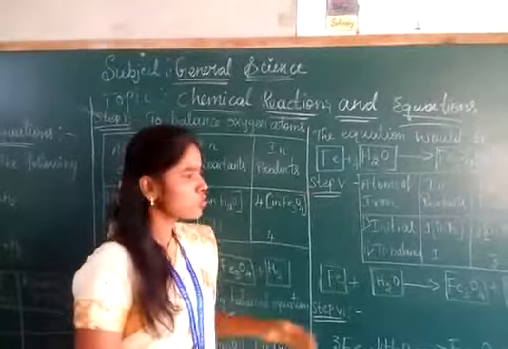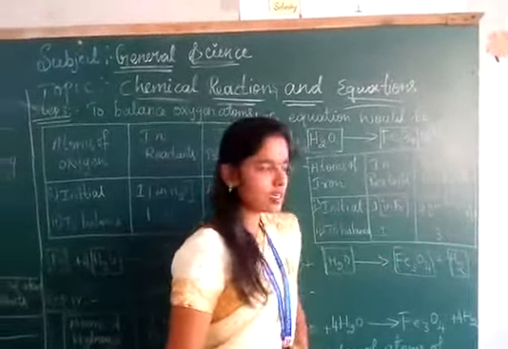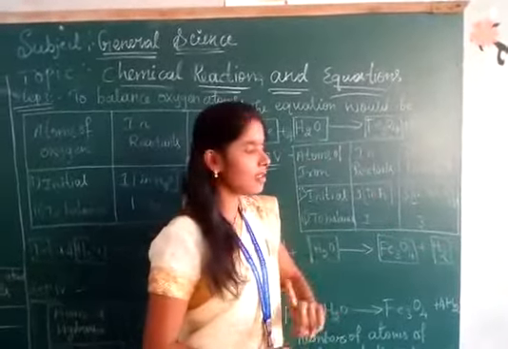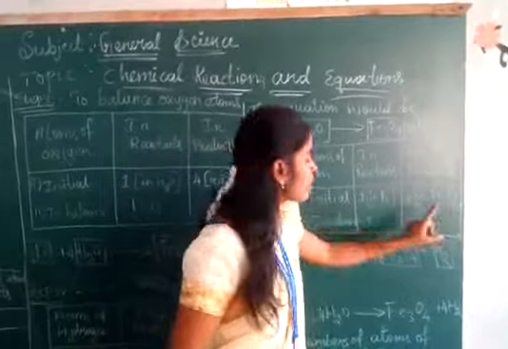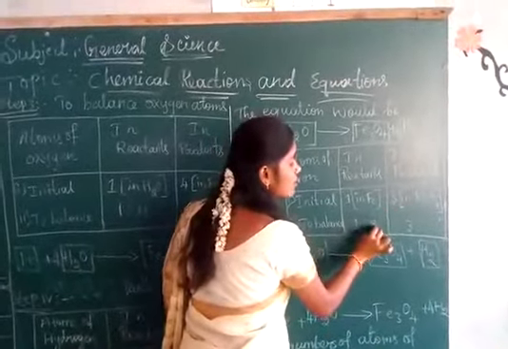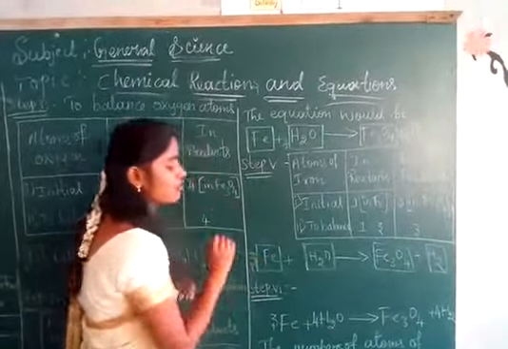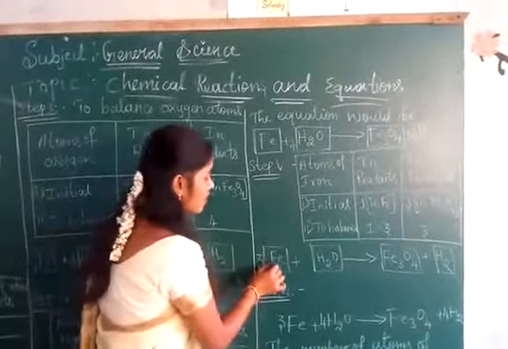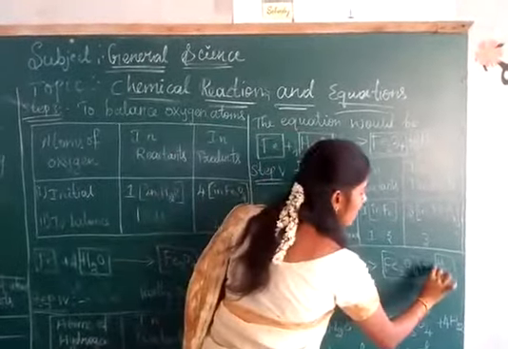Iron is left. So you have to list the iron on the reactant side as well as the product side. On the reactant side we have only one iron, and on the product side we have Fe3, 3 iron. So you have to multiply with 3. Then we write 3 molecules of iron. So the final equation has 3 molecules of iron, 4 molecules of water and 4 of hydrogen.